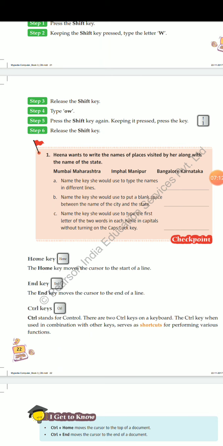Enter key. Name the key we should use to put a blank space between the name of the city and state. Space bar key. And name the key we should use to type the first letter of the two words in each name in capital without turning on the caps lock key. Then we use the shift key.